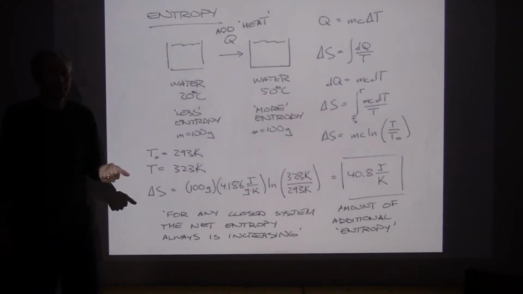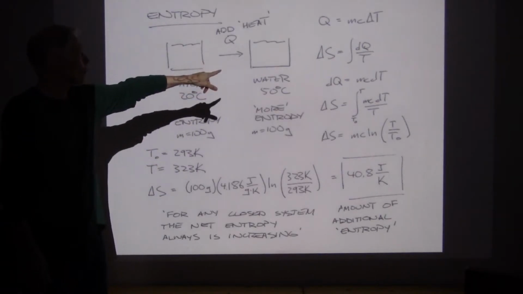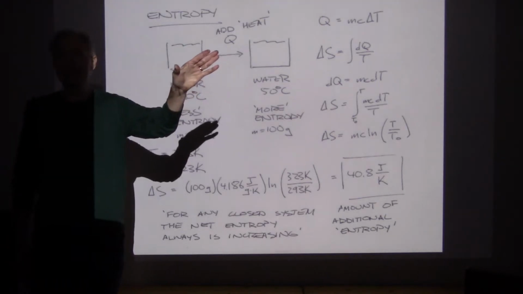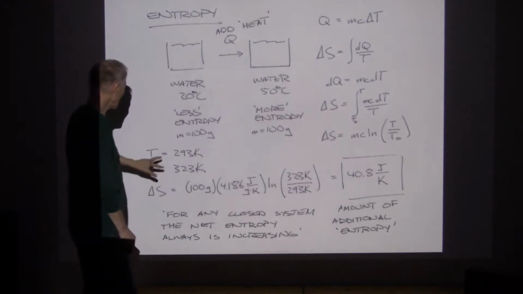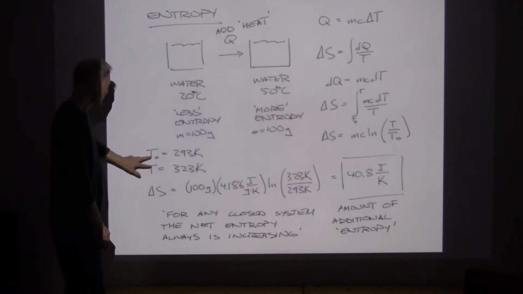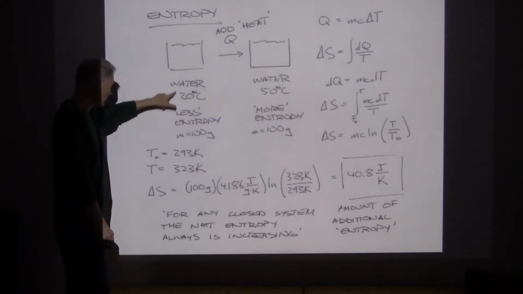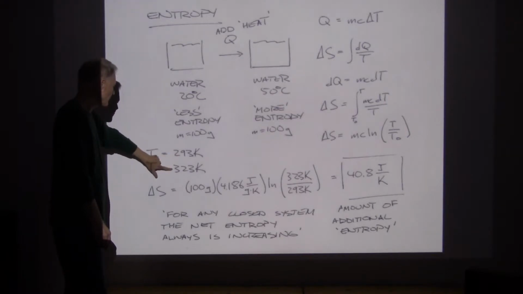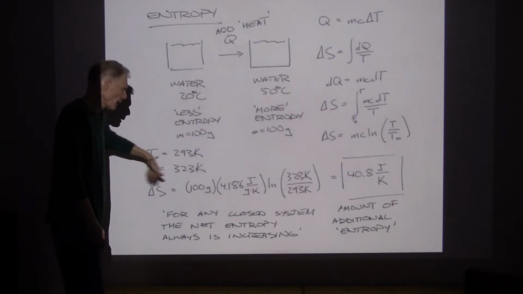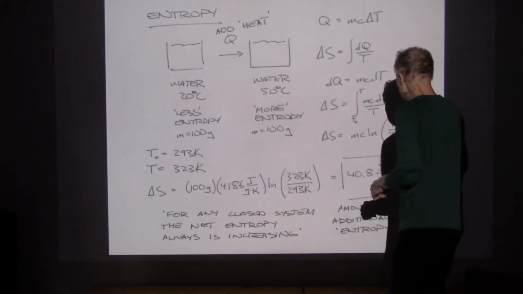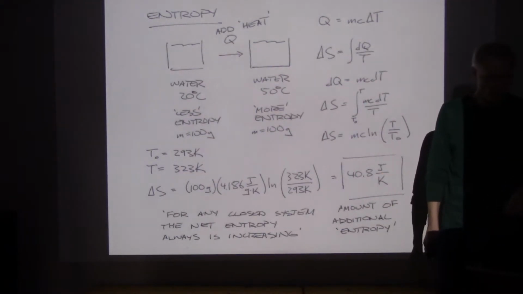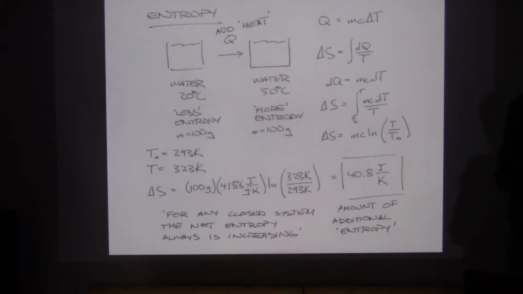I got to use Kelvin. This is one of those temperature formulas with the T sitting there. It's not a delta T formula. And so I've got to use kelvins on this. So the starting temperature, once converted, is 293 kelvins. Final temperature, 323. I plug the numbers in, and the entropy increase, I find, is 40.8 joules per Kelvin,